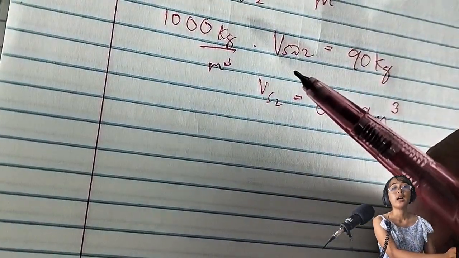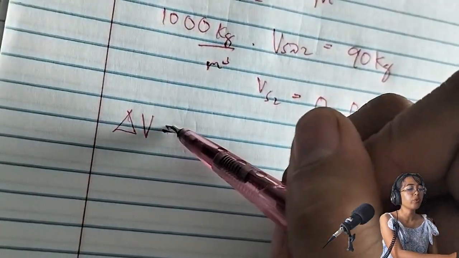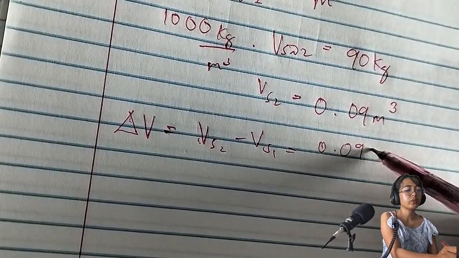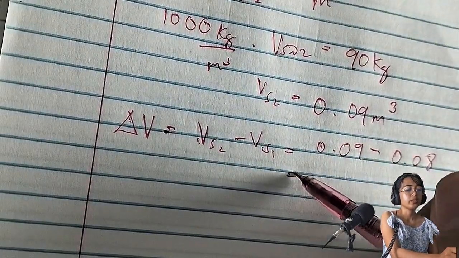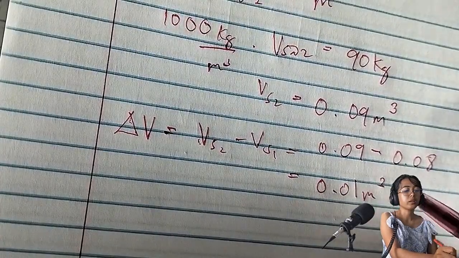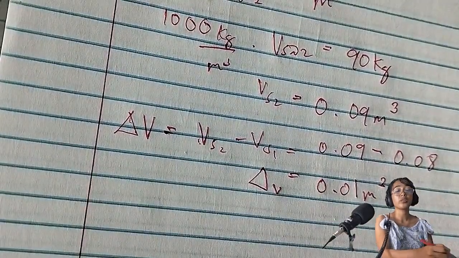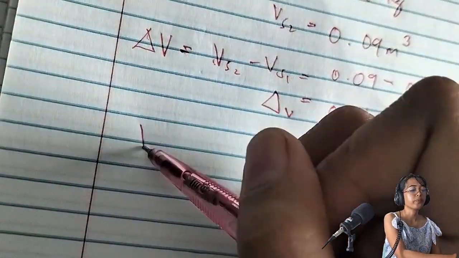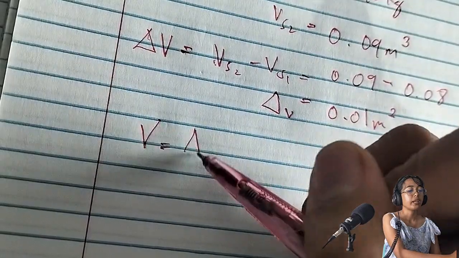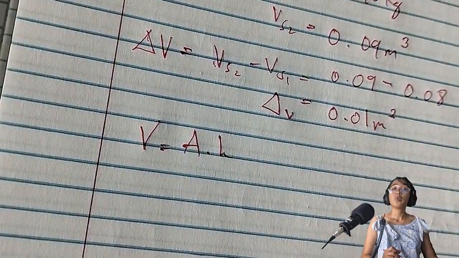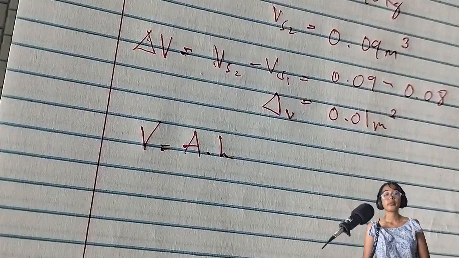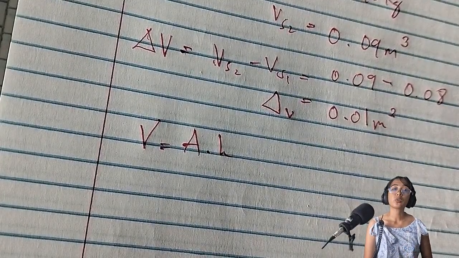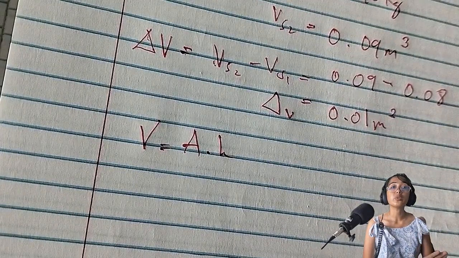Karon ang change na ang atong bulungon. So, the change of the volume is equal to Vs2 minus Vs1 is equal to 0.09 minus 0.08 is equal to 0.01 meter cube. So, nanatay change of the volume. So, now, remember that the formula of the volume of a cylinder is area times height. We weren't given a height, diba? We weren't given an area. Ang gihatag lang sa to is height. So, this is the time that we can use